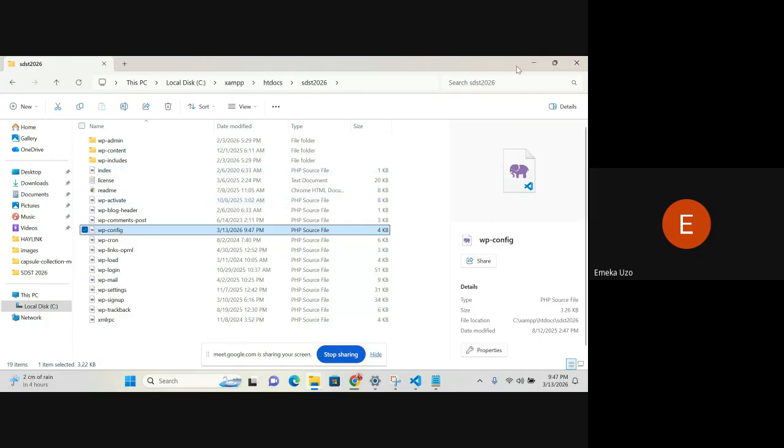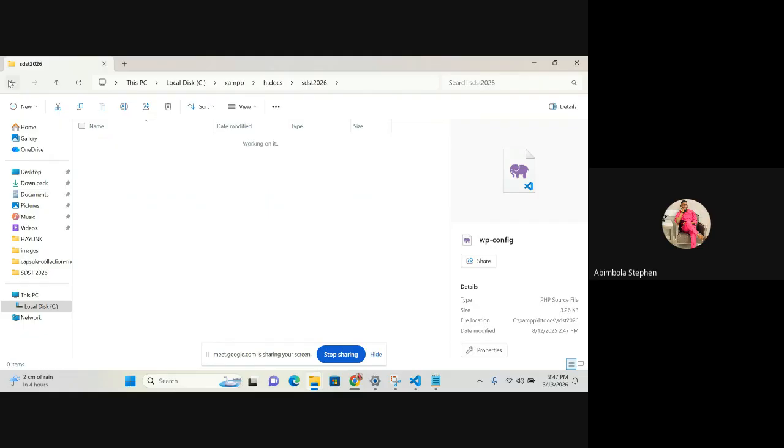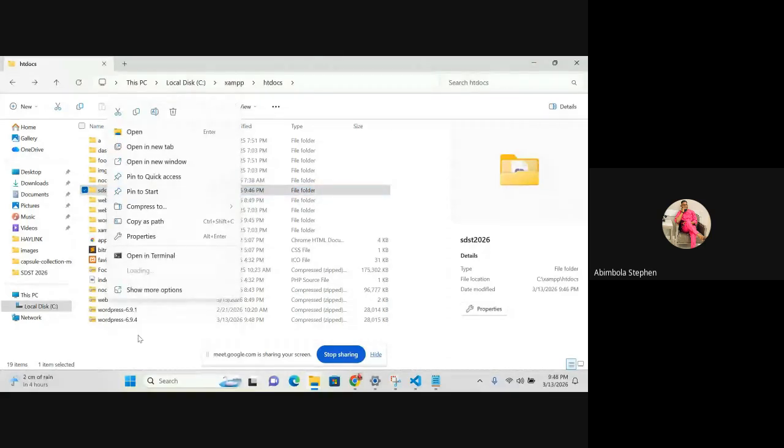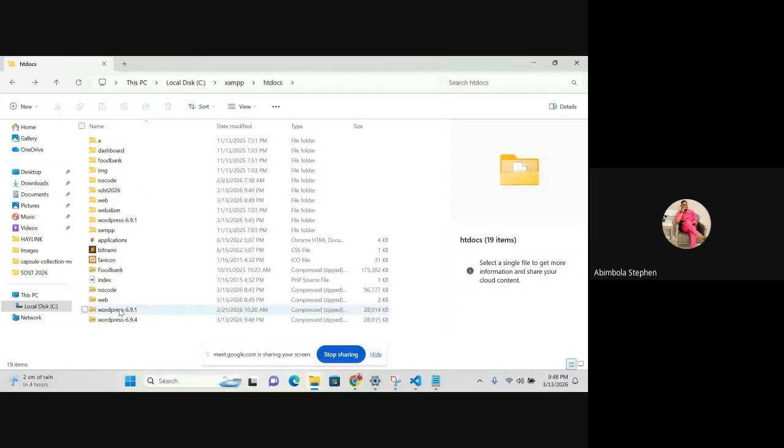It's just basically hosting, when we have to upload the files on our host server. You mean the cPanel? Yes, the cPanel. So if you want to upload it on the cPanel, it is this complete folder you have done. Let's say you have finished developing your website and all of that, editing. This folder called SDST, you zip it. Once you zip it, it will create something like this zip. Once you create it, you come